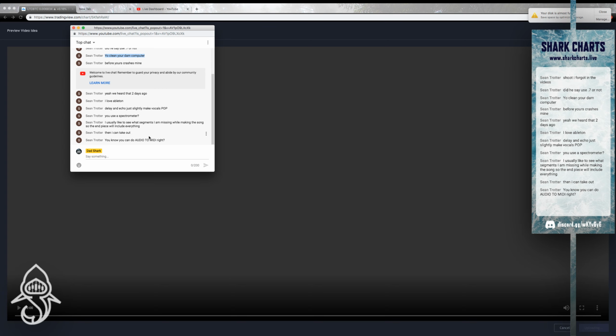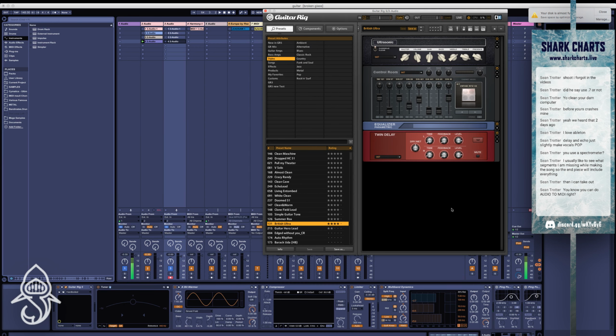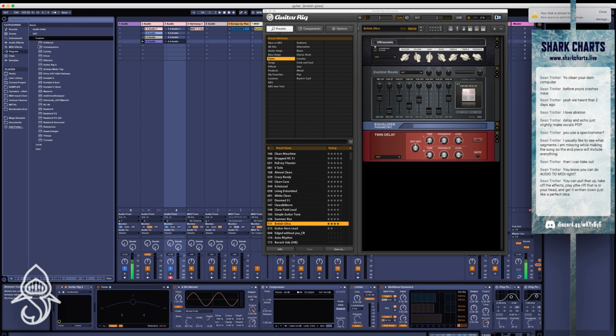You know you can do audio to MIDI, right? Yes, but mine's a bit touchy. It's hard to get a good plugin for audio to MIDI. I prefer Kontakt. This Kontakt is just gorgeous. Having a good sampler is super important. And then there's things like,